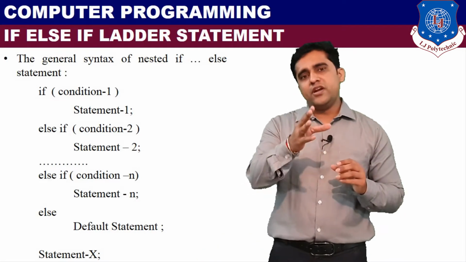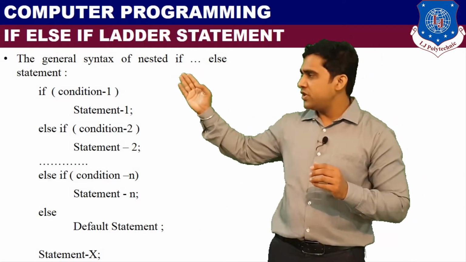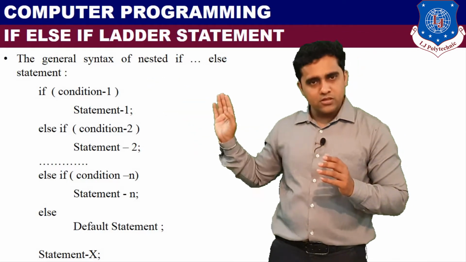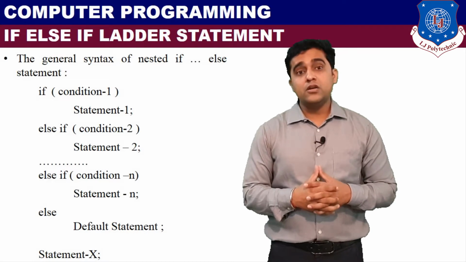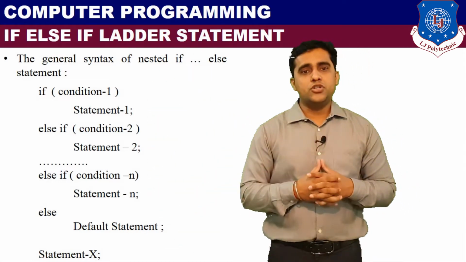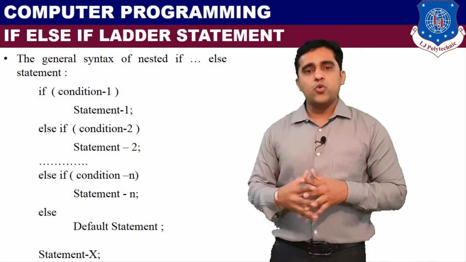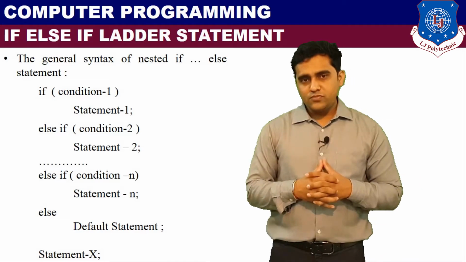If I want to write 5 conditions, then if condition, else if condition, else if condition, else if condition, else if condition, and last we will write the else portion, that is our false part. Means if any of the conditions is not true, else is going to be executed. Please focus on the syntax.